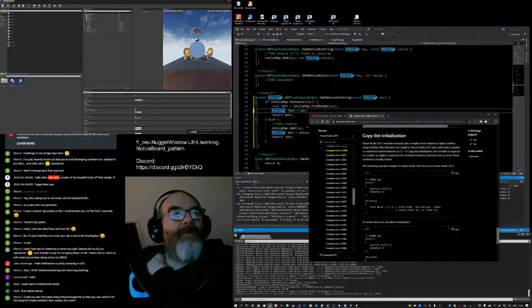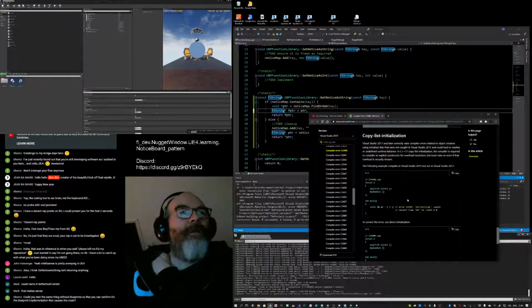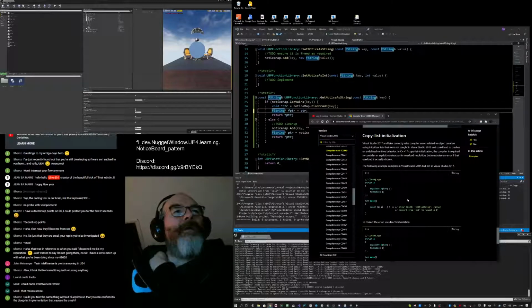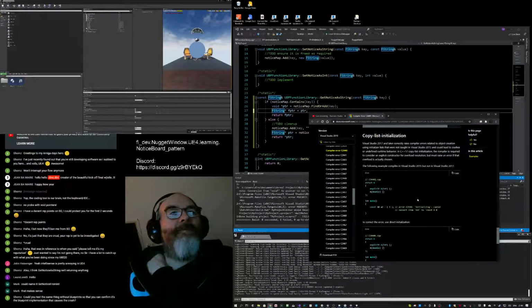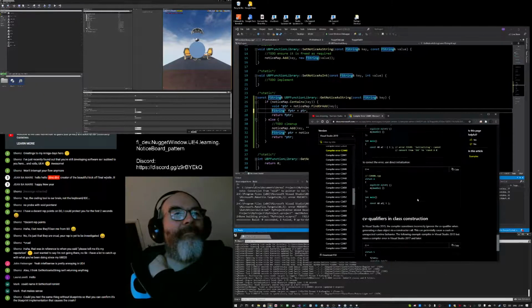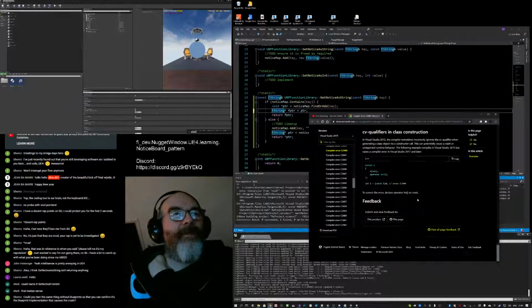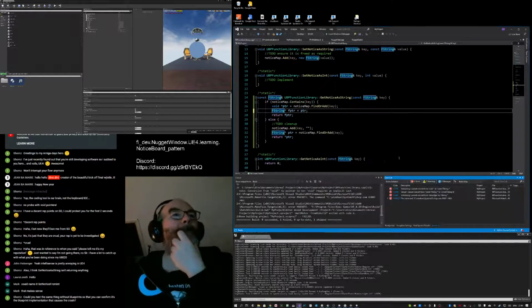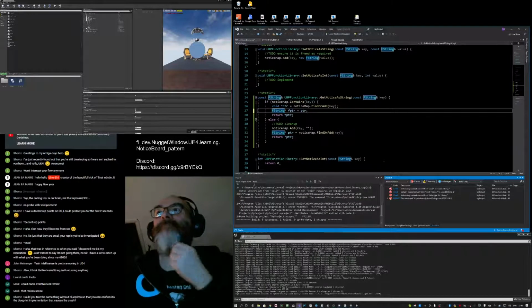Do with casting. 2017 and later correctly raised compiler errors related to object creation using initializer lists not caught previously. I'm none the wiser.